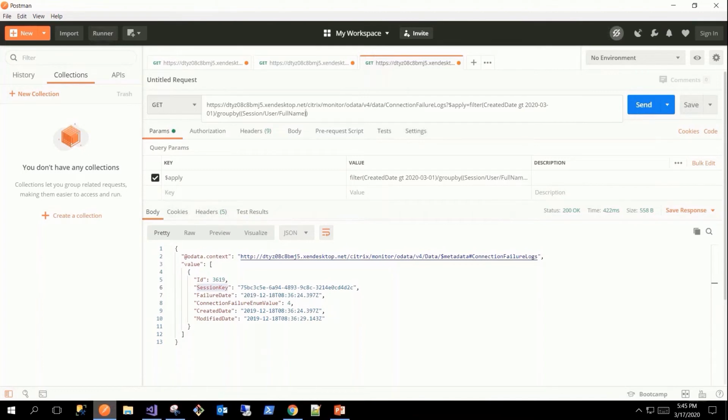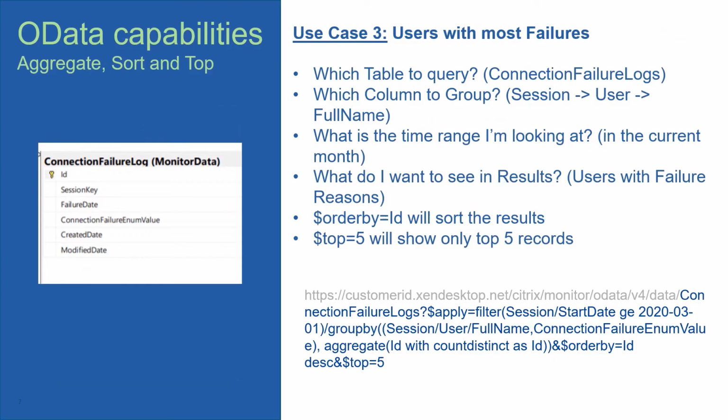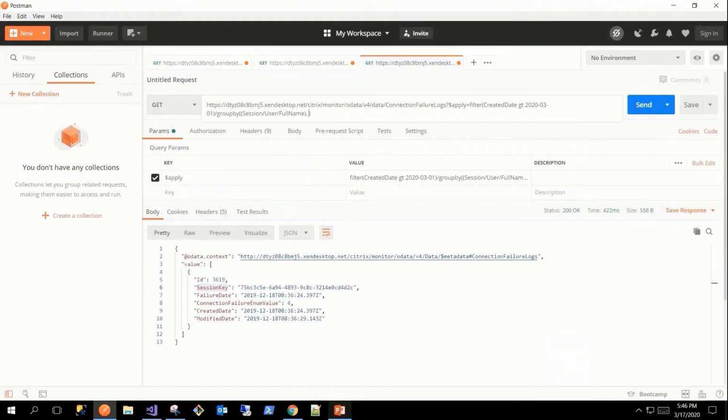And later I need the count of failures. So basically, I want the number of failures for the particular user. What I'll do is aggregate.